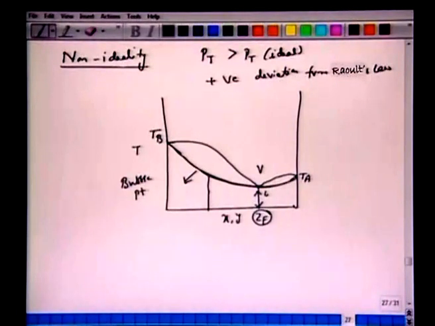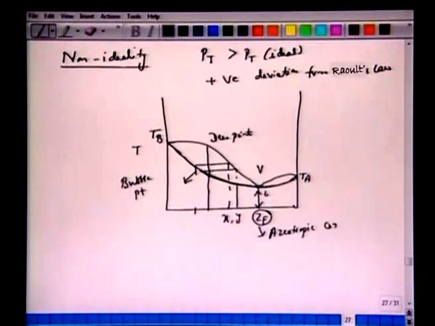Bubble point, first bubble is formed, liquid starts boiling, there is a separation here. This y is greater than Z_F, further heat it, y is greater than Z_F, till we reach this dew point. Okay, so in any region, any composition smaller than this Z_F, or we call it azeotropic composition, you should notice that y is greater than x.